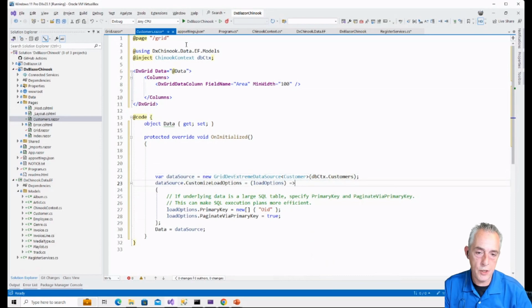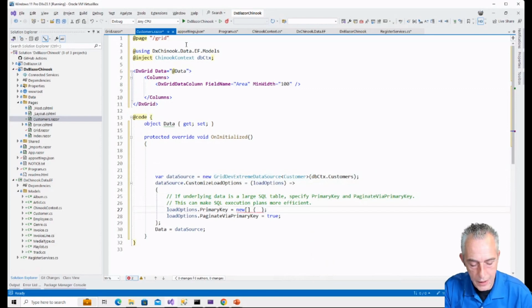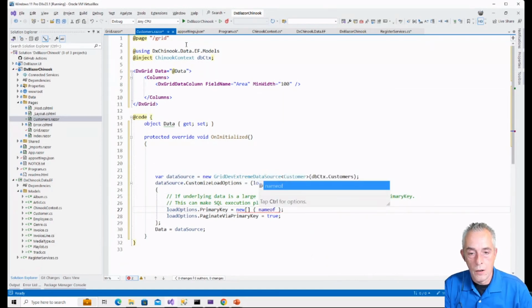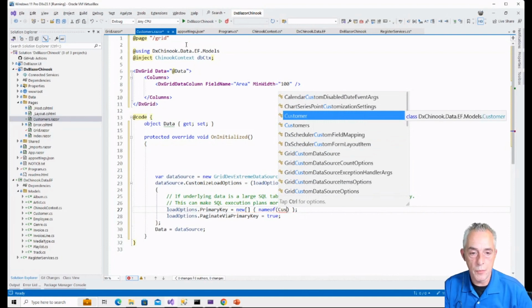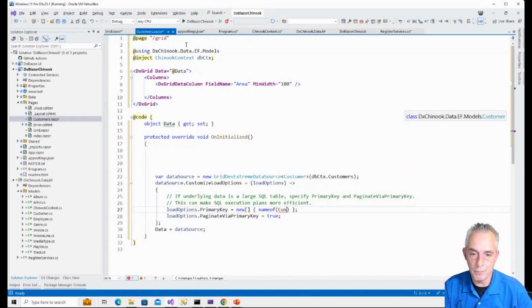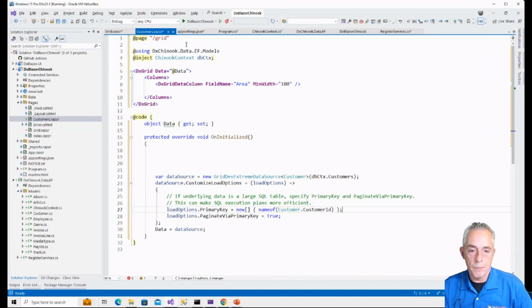And with this in place, we can use the customize load options. In this case, it's not really necessary, but for some scenarios it can impact performance quite a bit. For this, we will need to specify the name of the primary key of the customers. So the best way of doing that is by using this approach. Okay. Well, let's, yeah,